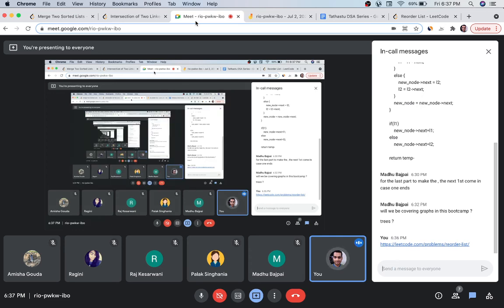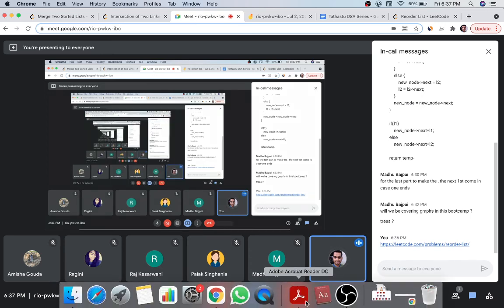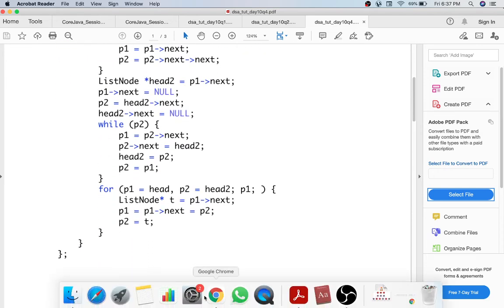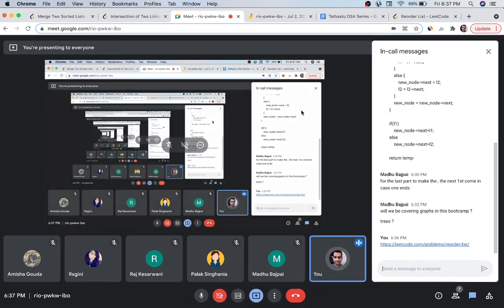I think it's very simple. It's just the code. Logic is very simple. You have to just combine all the things you have done so far, like finding the middle, then dividing it, reversing it, then adding it at an alternate location. So it's just more lines of code, but the logic is simple. Okay, so please try this question and let me know if you have any queries.